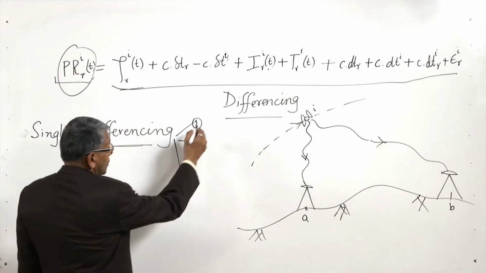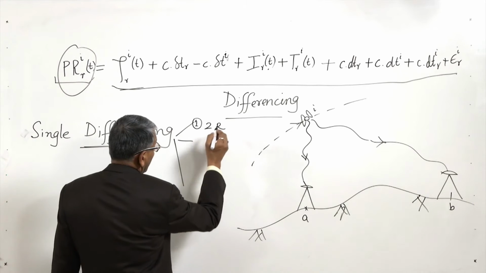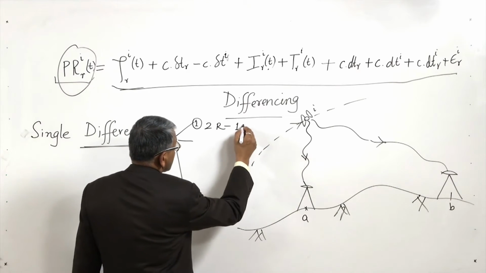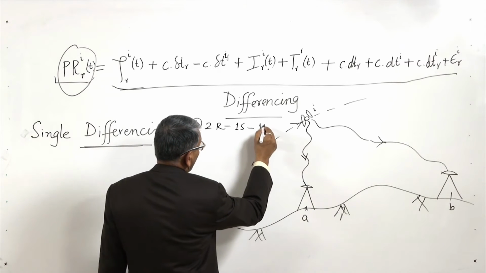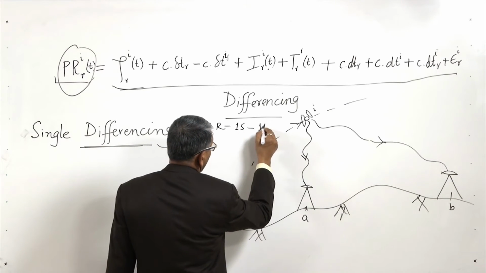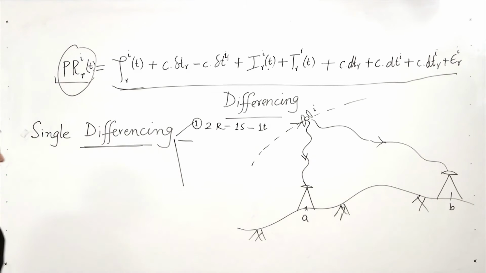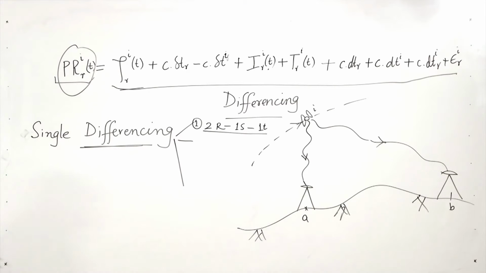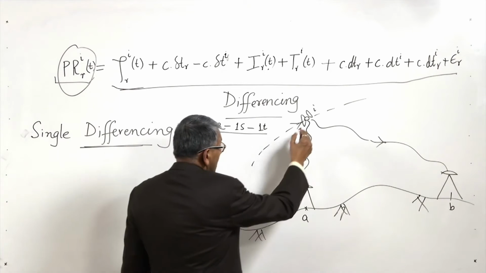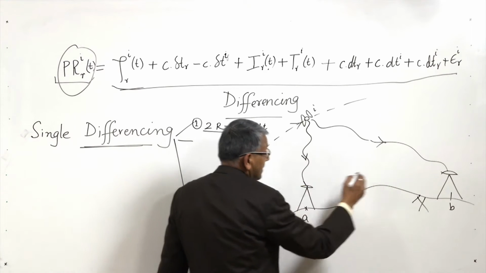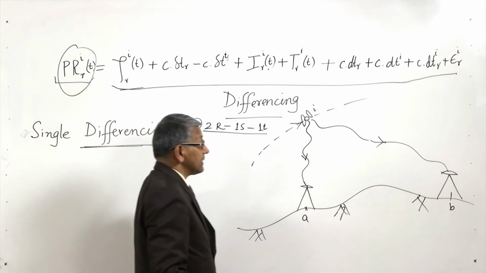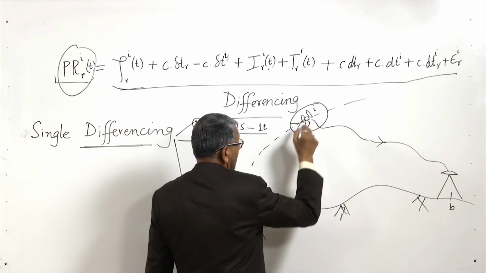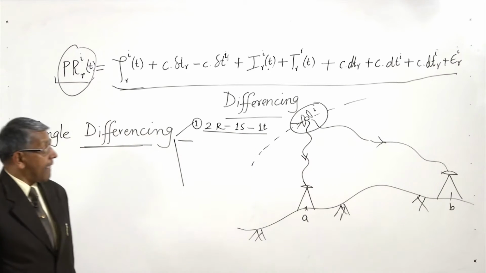That means two receivers, one satellite, and the same epoch. What will happen if we take the observable at the same instant of time? The observable that is coming out from the satellite